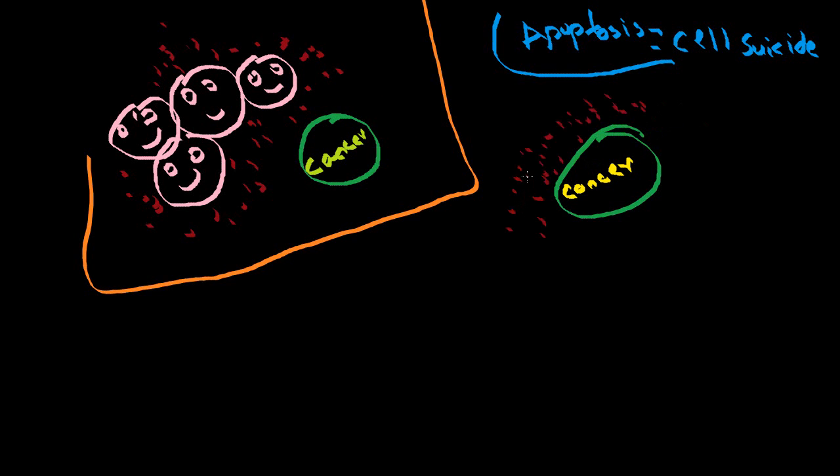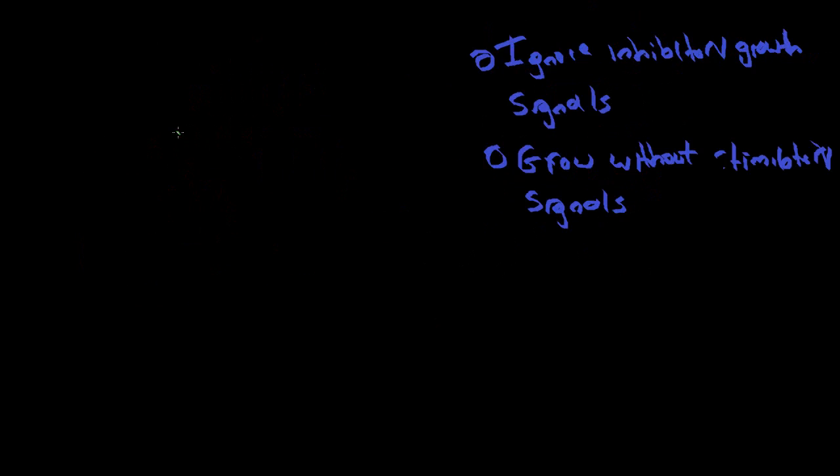Now, in a normal cell, there are going to be signals in the environment telling it when to grow, when to divide, and when to proceed through the various cell cycle stages. Cancers ignore any signals. It does not require them at all. It can grow, divide, do everything on its own, which is very problematic for the body.